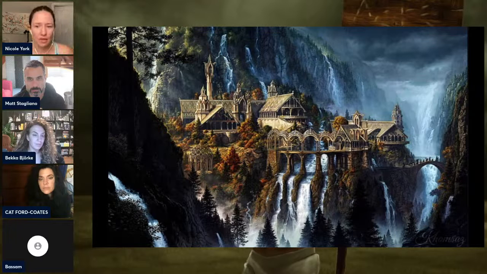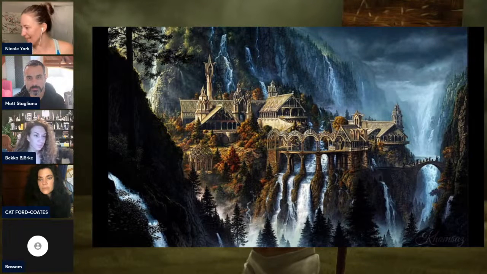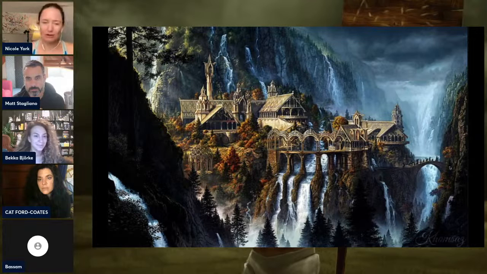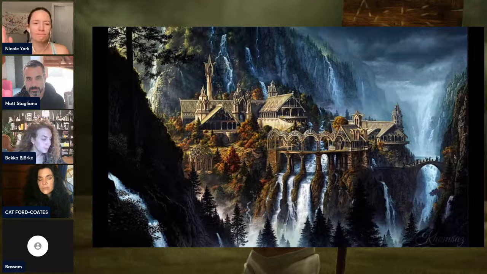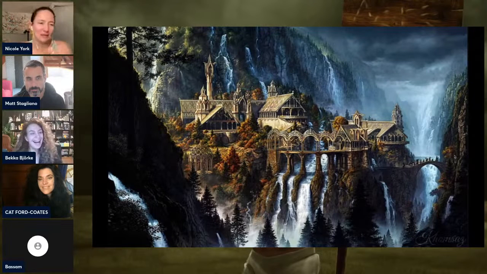And so being able to place subjects within this environment, and I don't know how well folks can see it, because I know it's small. Here's the Fellowship right here, crossing the bridge. And this is obviously Rivendell from Lord of the Rings. If you're not a fantasy fan, I pity you. No, I don't really, but I kind of do. You're missing out on a lot of cool stuff.